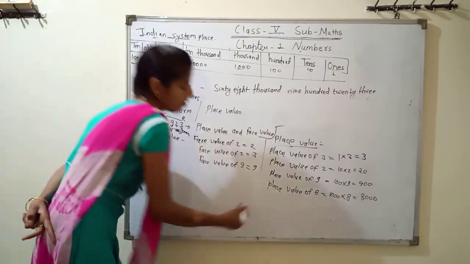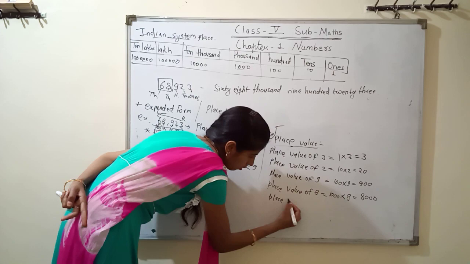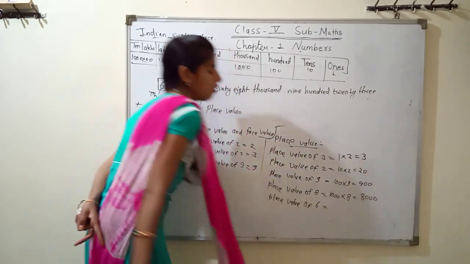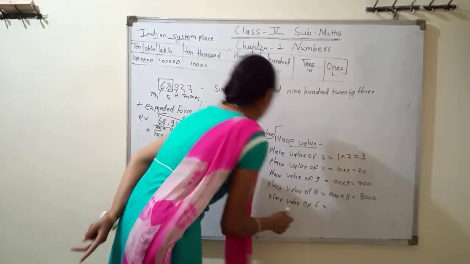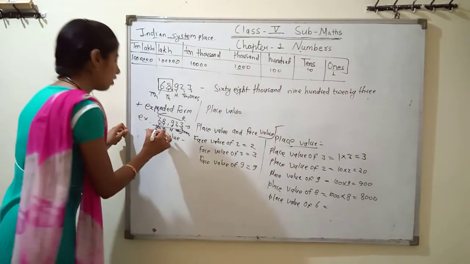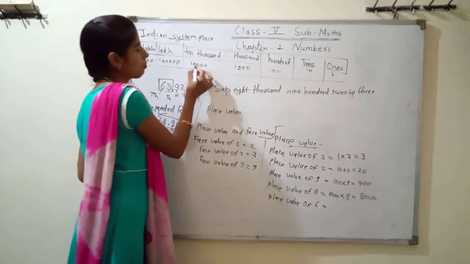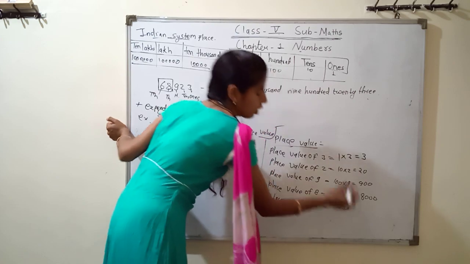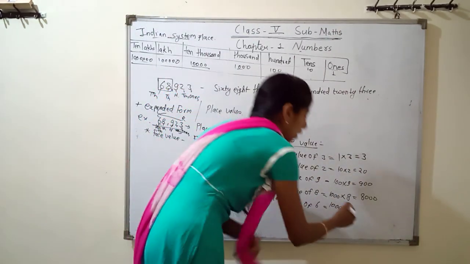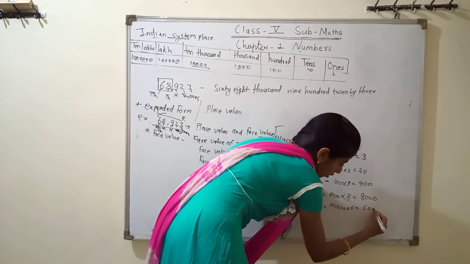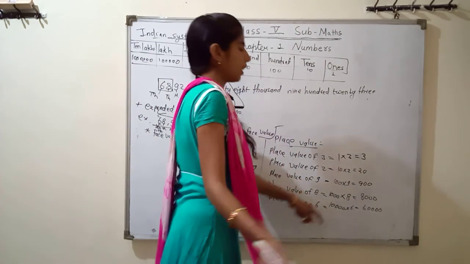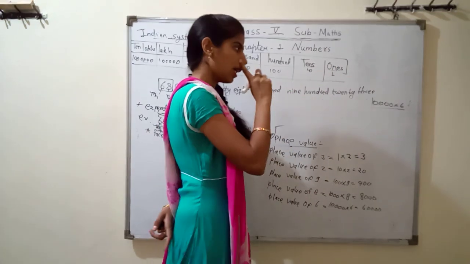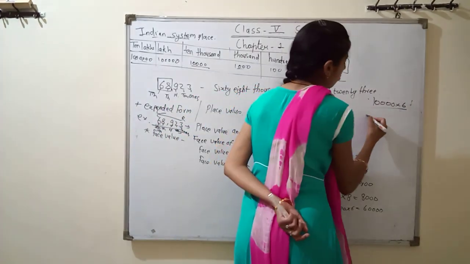And the last number is 6. Place value of 6. Look here. 6's place value is 10,000. 10,000 means multiply with 10,000. 10,000 means 1 and 0000. 10,000 multiply with 6. We already read how we multiply. If your number is given in a 10 table, if it's converted into a 10 table, then it's simply multiplication.